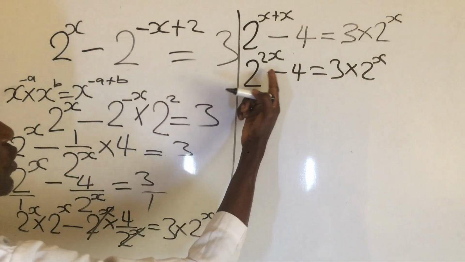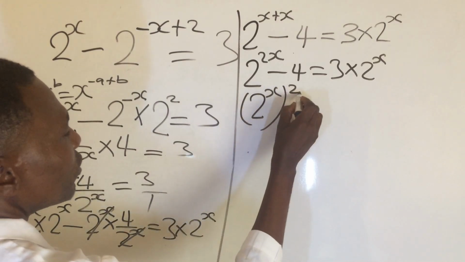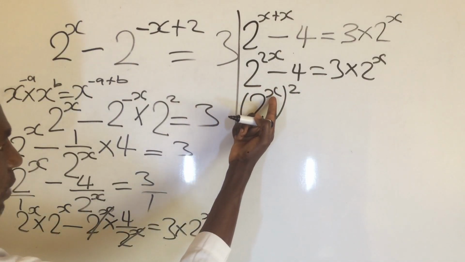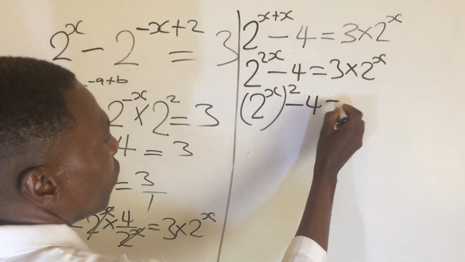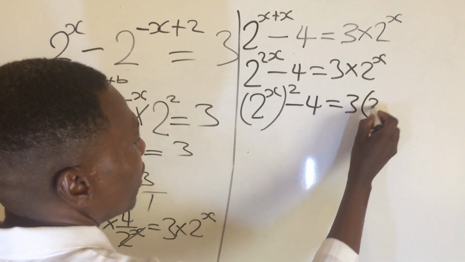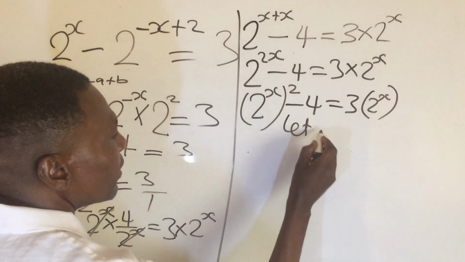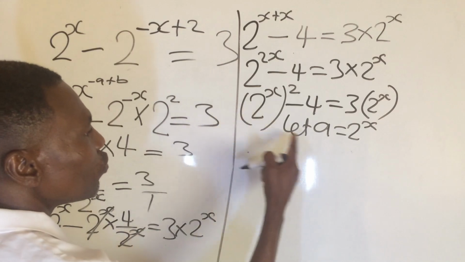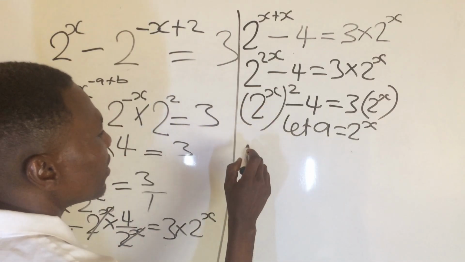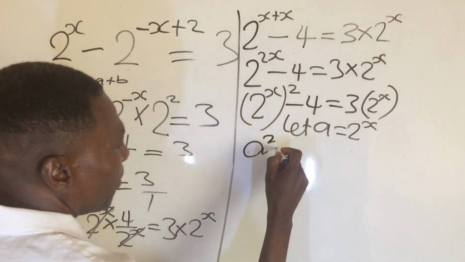Now if we continue, we put it in this form: 2 raised to the power x in bracket raised to the power 2. We never change anything, because if we multiply x times 2, it still gives us back this. Minus 4 equals 3 times 2 raised to the power x. Now we say let a equal 2 raised to the power x, so that anywhere we see it, we replace it with a. Now we replace it with a, raised to the power 2, minus 4